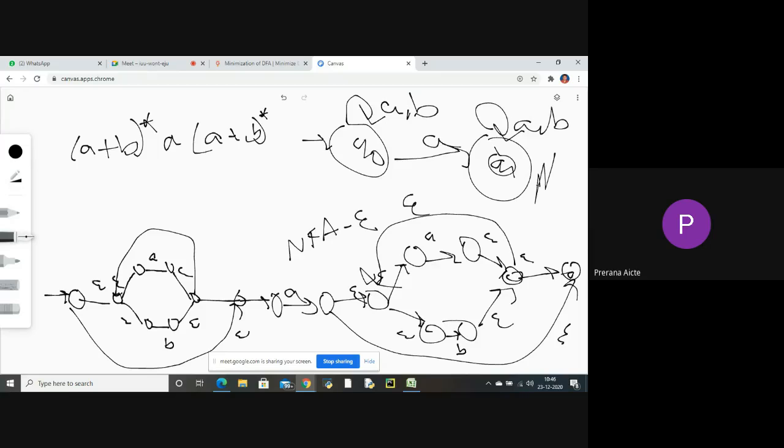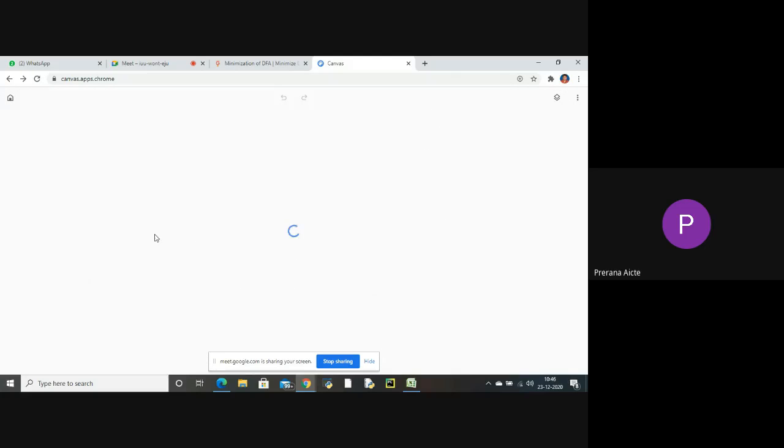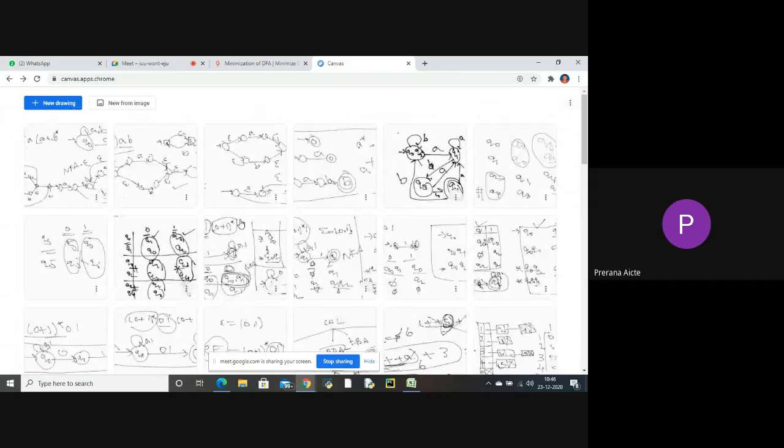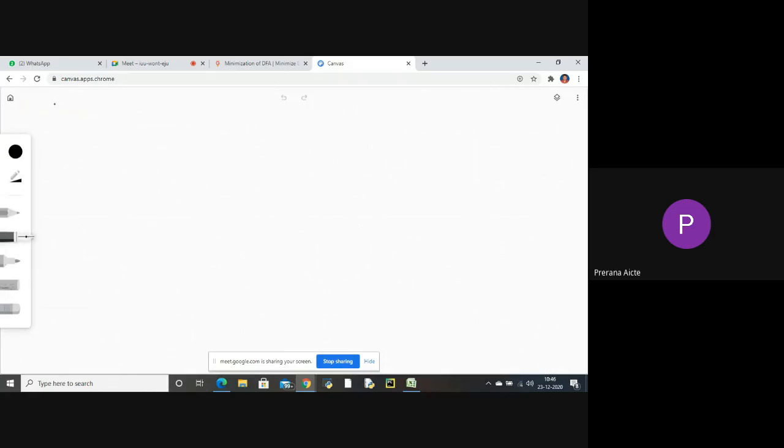conversion of finite automata from regular expressions. So we have a direct procedure also. Now we will see the direct procedure for converting a regular expression to NFA without epsilon. So for the same question,